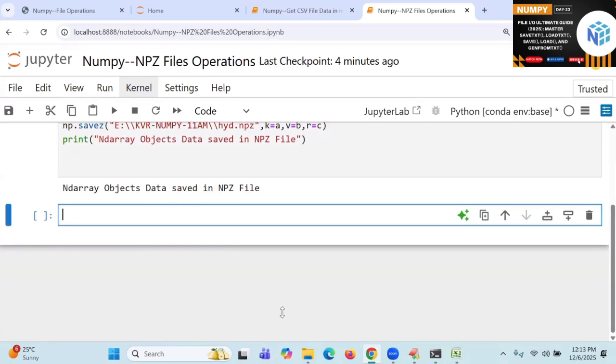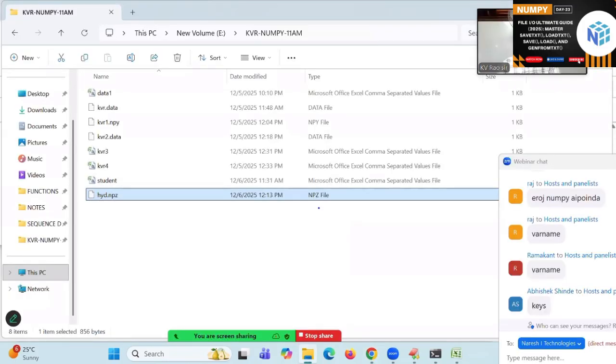Go to the place. Here the npz file is going to be created or not? npz file, npy file. Already you learned in our classroom about files, text files and binary files. If you are able to understand the data when you open it, it is called text format. When you are unable to understand it, that is called binary format.